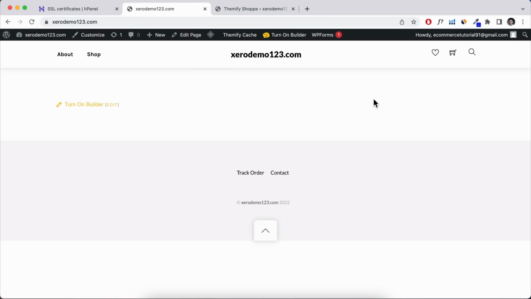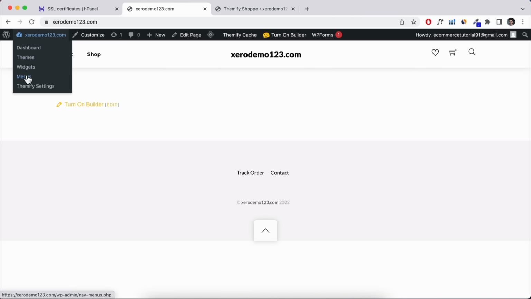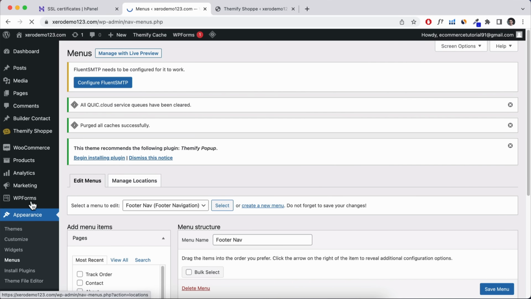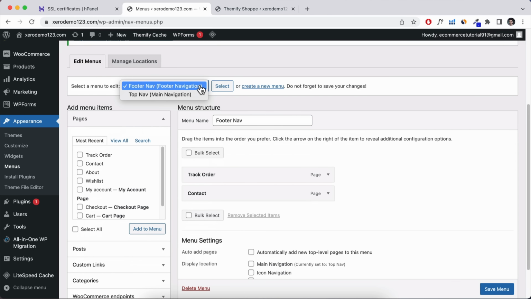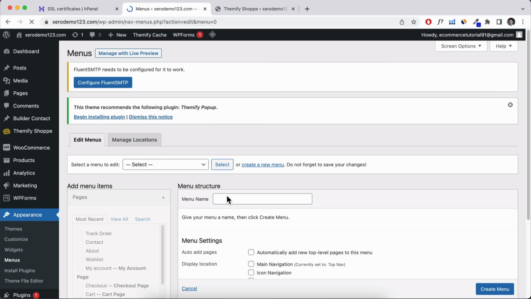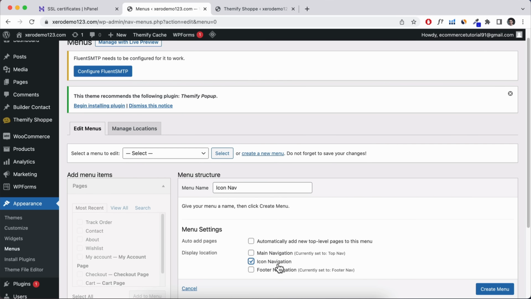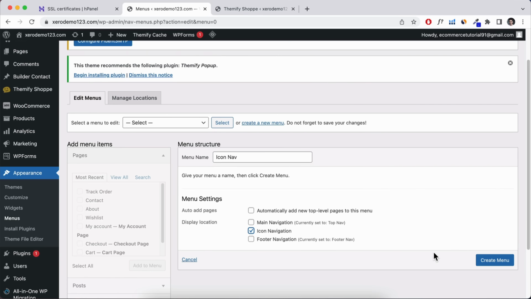So there's one more thing that I want to do. I want to add my account page on the top over here. So I'm going to go to my menu section from here. Okay, so you can actually edit your menu section on the back end section as well by navigating to appearance and clicking on menus. So over here, we're going to click on and actually create a new menu. So I'm going to call this the icon navigation. So icon nav, and then I'm going to select icon navigation here,